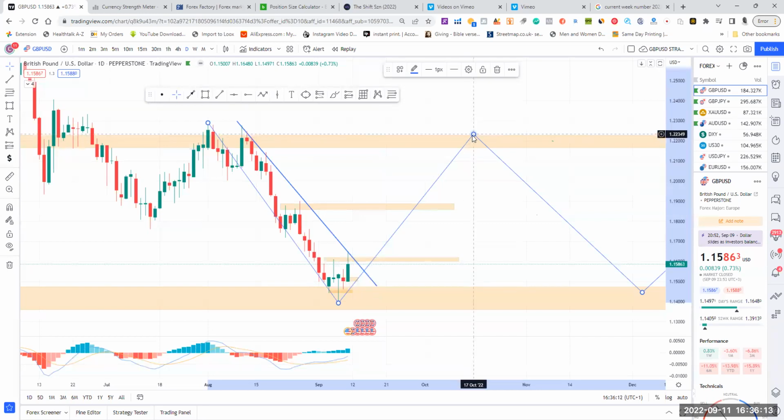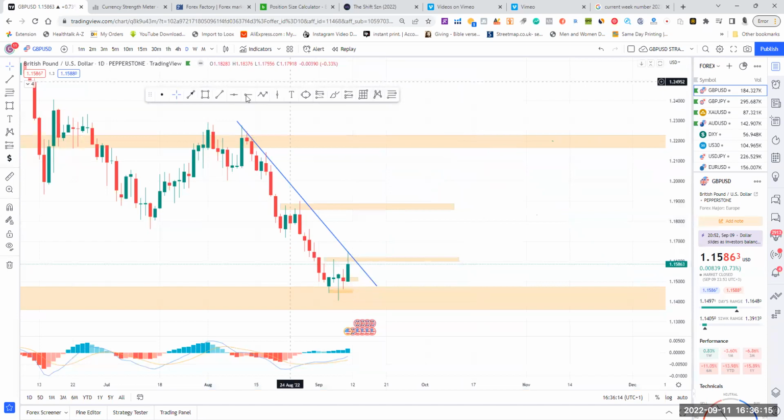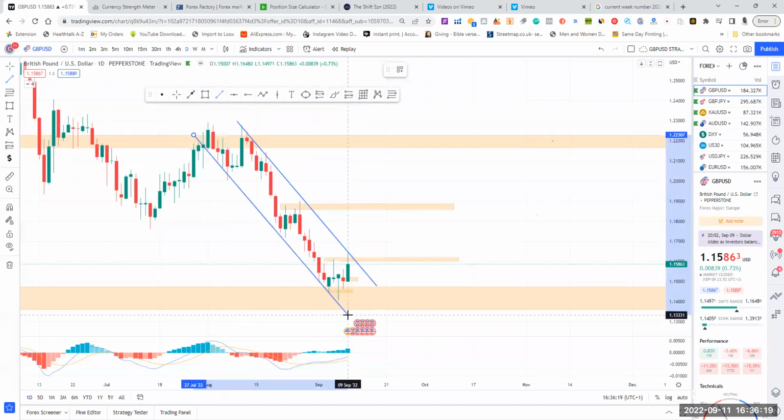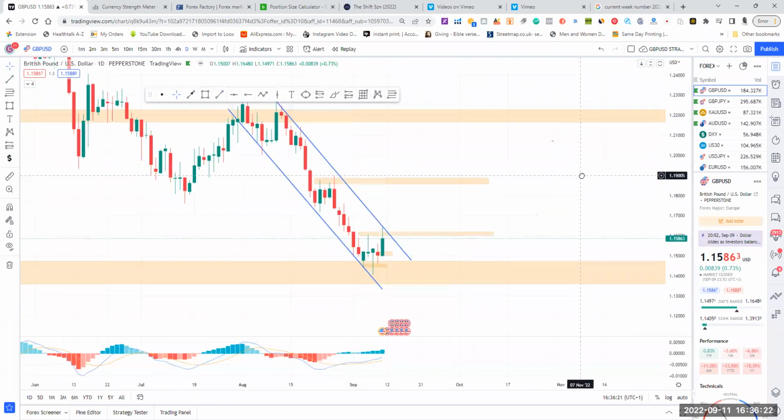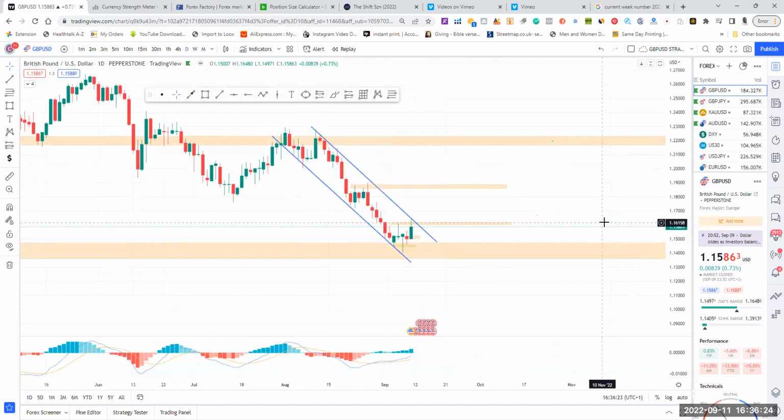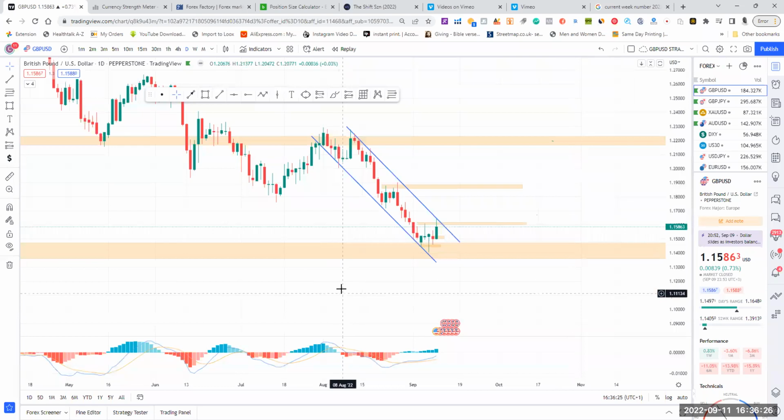Let me take that off so you understand that channel I'm trying to bring out. So let's say I have a channel. That's a channel there. I'm looking at what the market is doing right now. So I have a confluence to buy this market if it breaks above there. But if the market smashes and rejects and comes all the way down to the zone, then I can